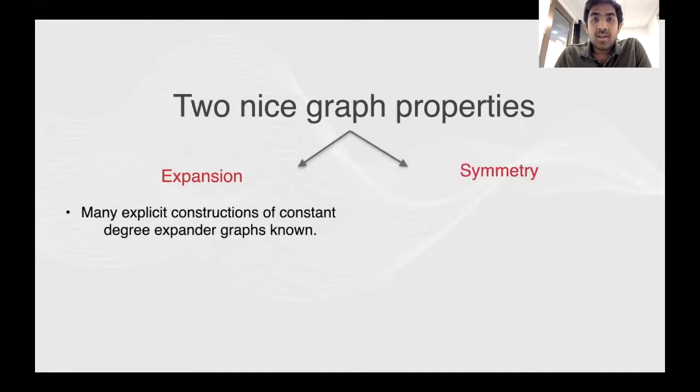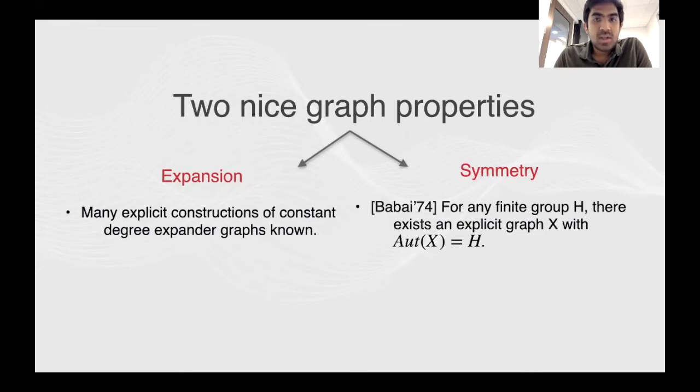On the other hand, if you just ask for symmetry, we also know how to do this. Babai in the 70s showed that for any finite group H, you can explicitly construct a graph whose automorphism group is exactly H, not just contained, right? And the existential result was known all the way back in the 30s, right? So now what remains